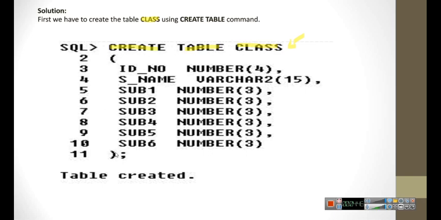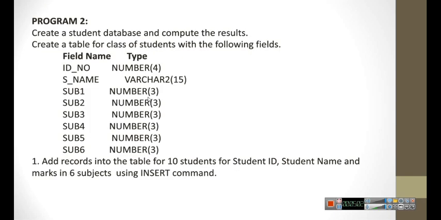Opening braces and closing braces. Within these braces you are going to write all the field names as well as data types. So here you can see ID number, space, number of 4, separated by a comma. The same picture is given here. Whatever is there, you are going to write inside the create table and separate it by commas.